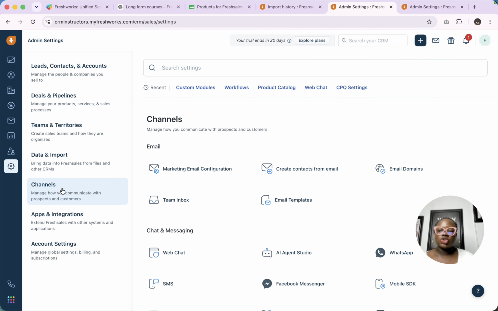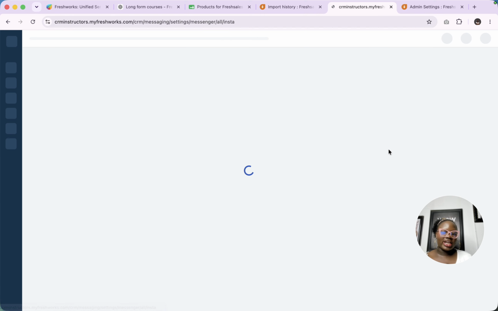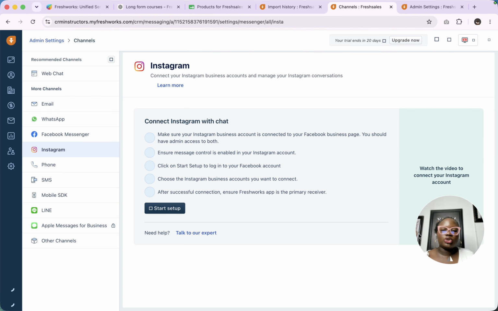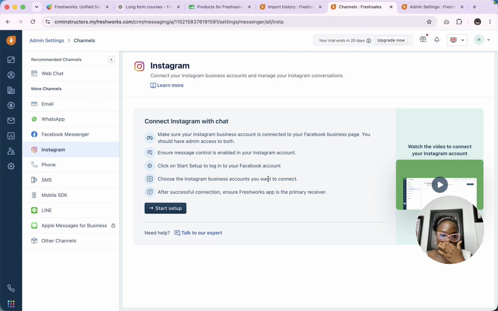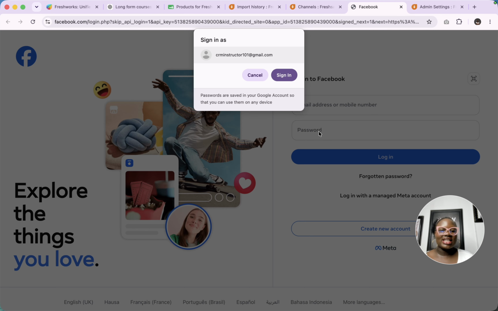And also, if you go to channels inside of this place, you can see where you can connect your Instagram account, and you can send Instagram posts from your account. So you can connect your Instagram, and you can manage your Instagram conversations inside of your CRM. And this actually helps because you can add all of the leads that are coming from Instagram inside of this place. So to do that, just click on start setup, and you can connect your particular Instagram account. Just log into your Facebook account, and